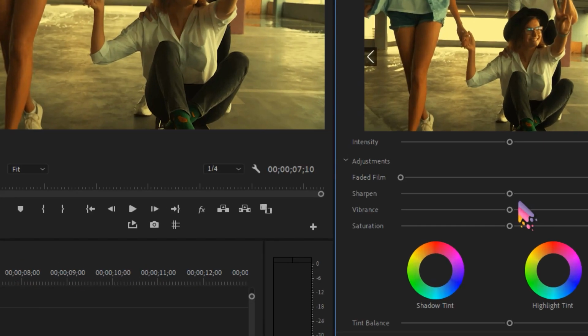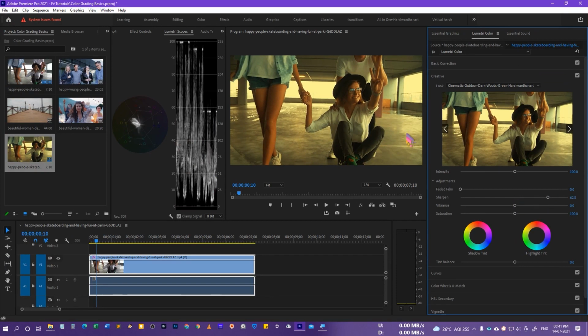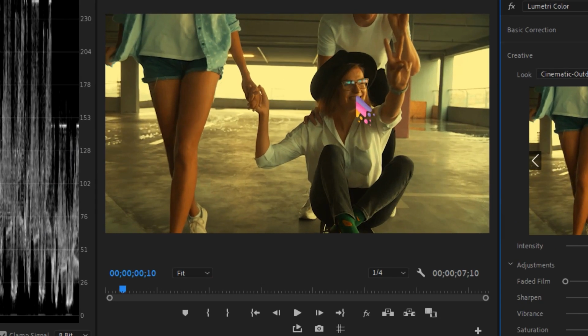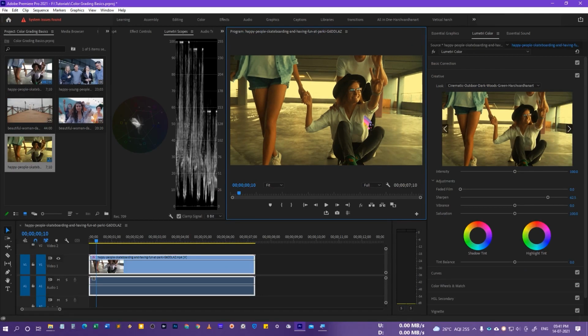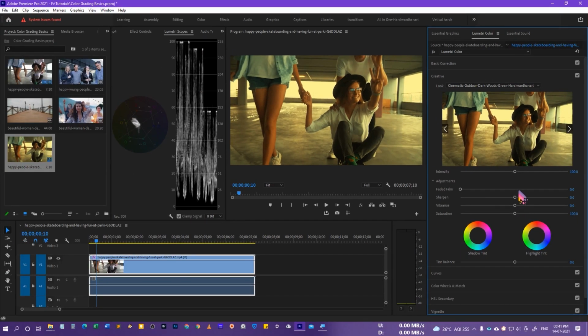And then we have the option to sharpen. So we can increase the sharpness. You can see in the video. Let's make it full, and we can take away the sharpness as well. Alright, if we drag it towards the left side, that's going to take away the sharpness, and if you just double click it, that's going to go to its default position.